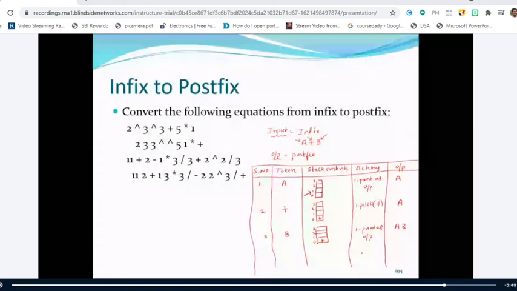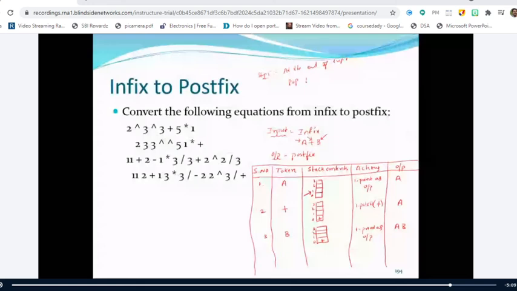Yes, sir. Right. So in the algorithm, you have to include one more step. When you reach the end of the infix expression, if there are any operators left over on the stack, then you have to pop each and every operator and place it as the output. So what is step 5 there? You have to add it at the end of the expression. At the end of the infix expression, pop all the elements from the stack and place them as the output.